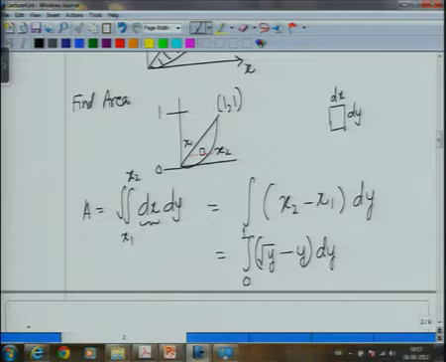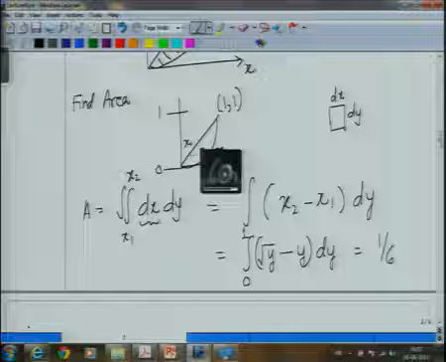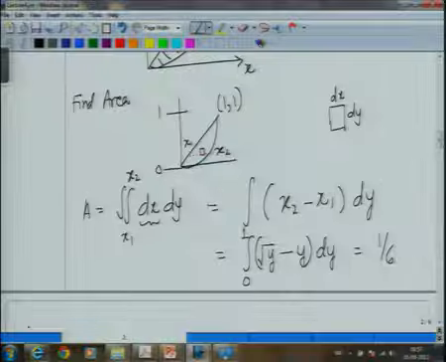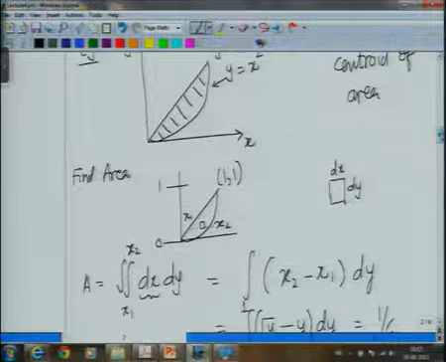Okay. And this we can carry out, and when we get the answer, you will get this as, some of you are really fast, calculated it, that is right, it is equal to 1 by 6. Now, the same thing could have also been done in a reverse way, and that is